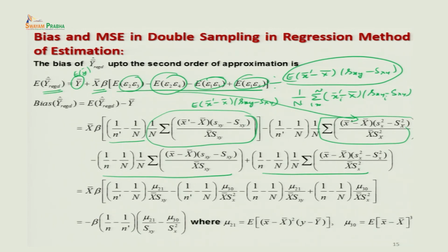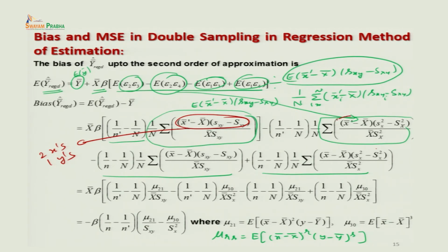So, we try to indicate them symbolically using the definition of cross product moment that we used in the case of the regression method of estimation earlier, where we had defined mu r s is equal to expected value of x bar minus X bar to the power r, into y bar minus Y bar to the power s, and so on. So, now you simply have to count how many x's and how many y's are appearing in a particular product. For example, in this expression there are 2 x's and 1 y,